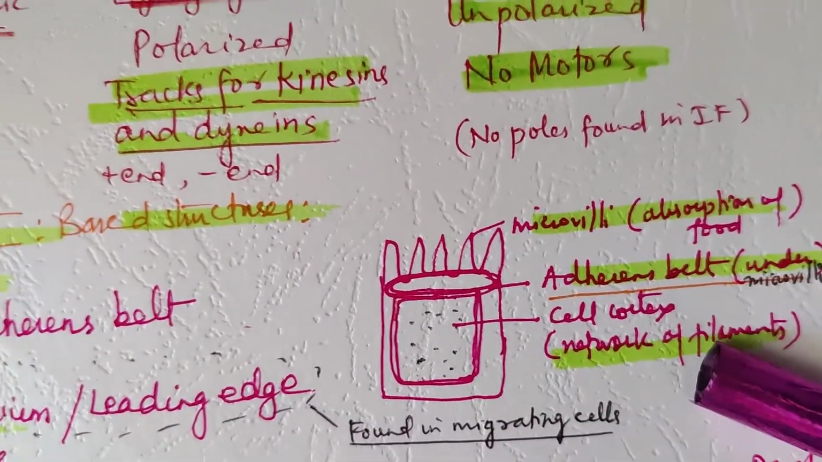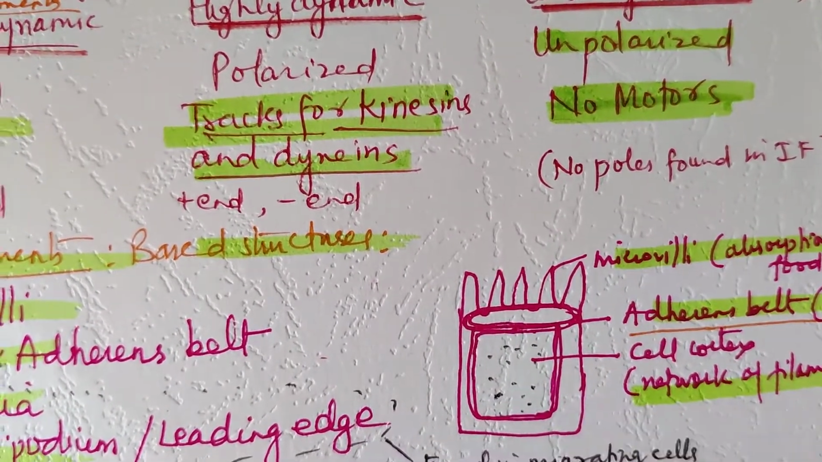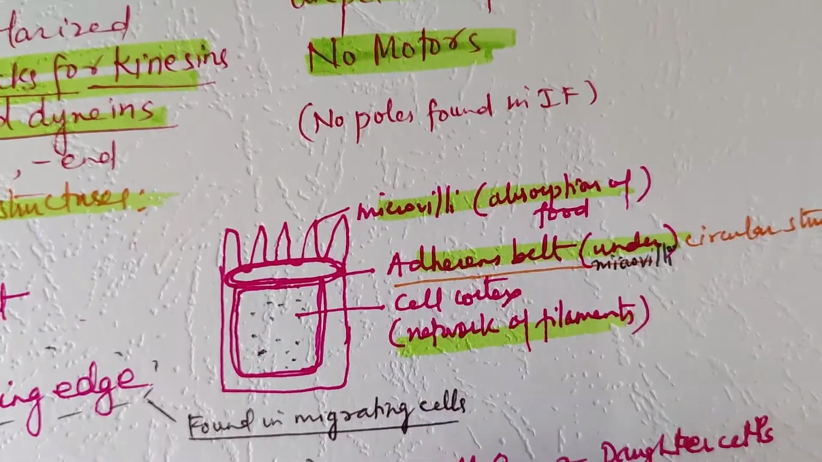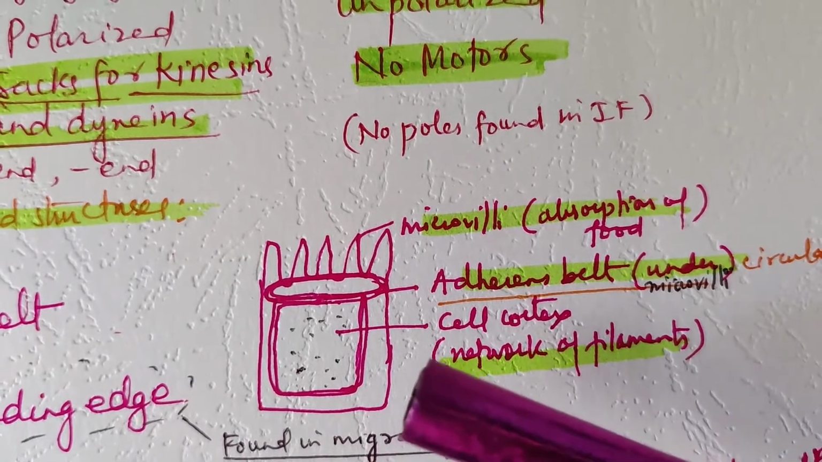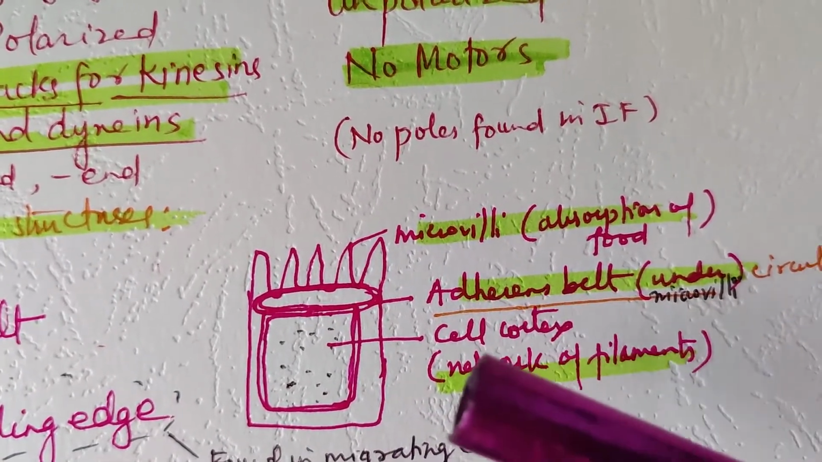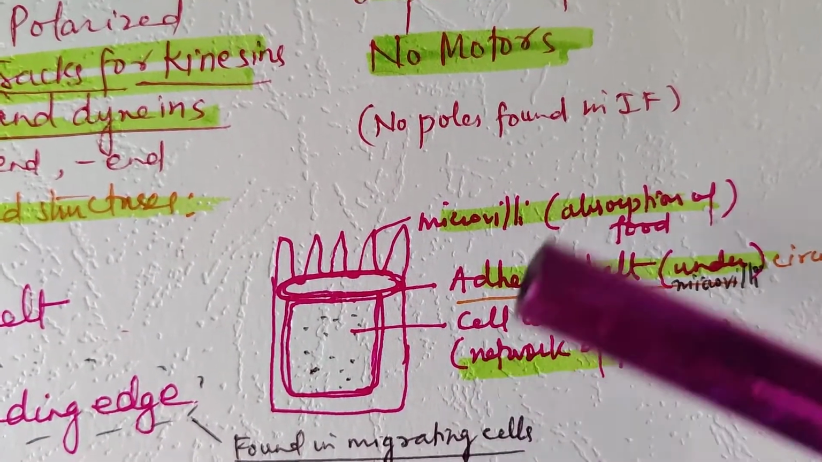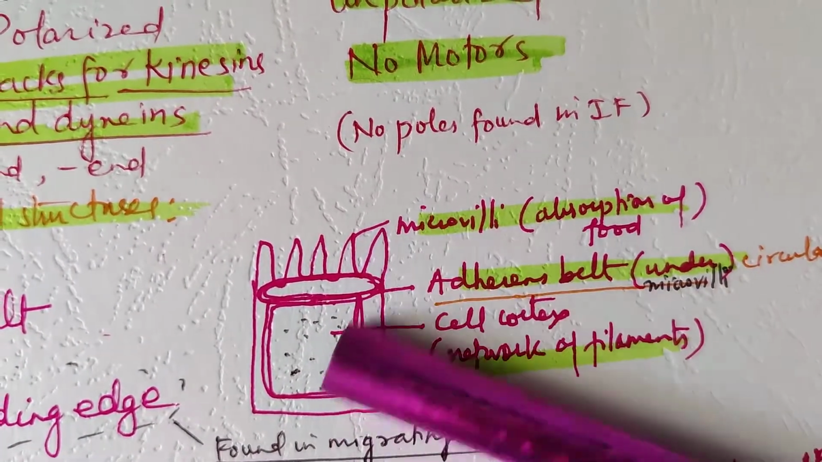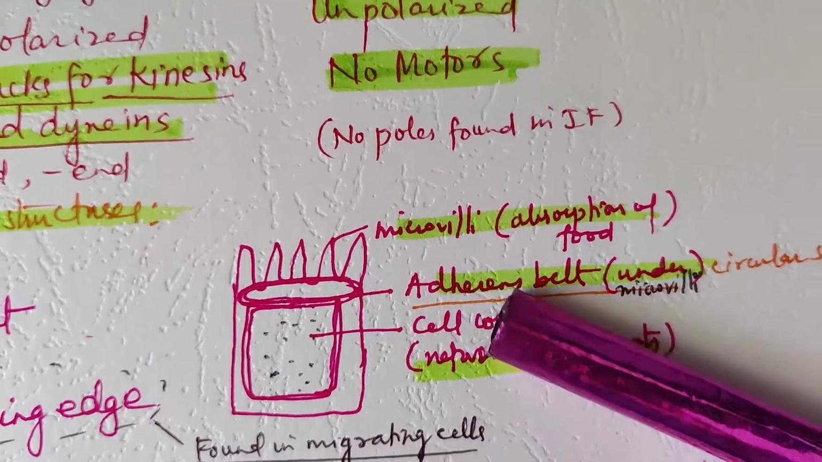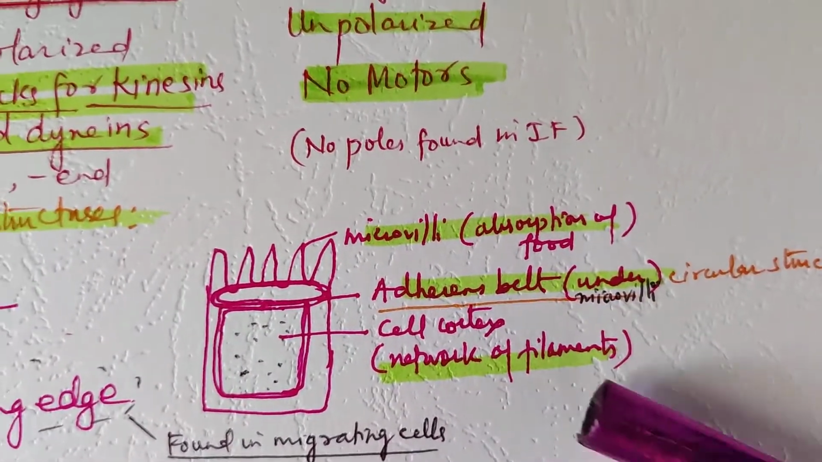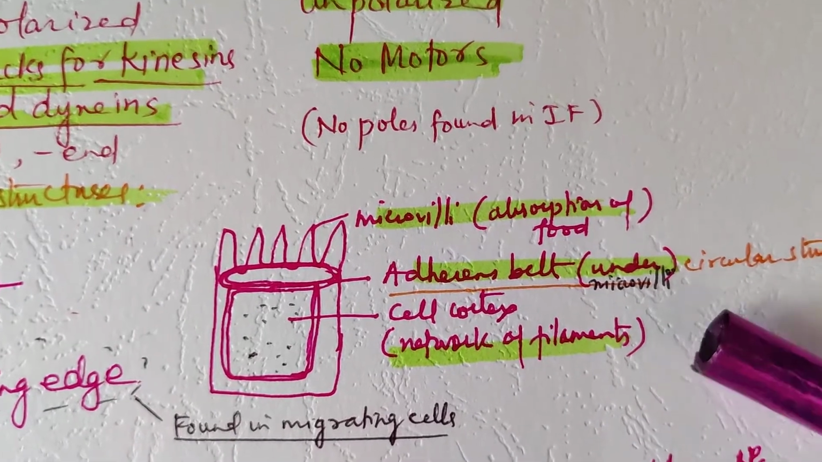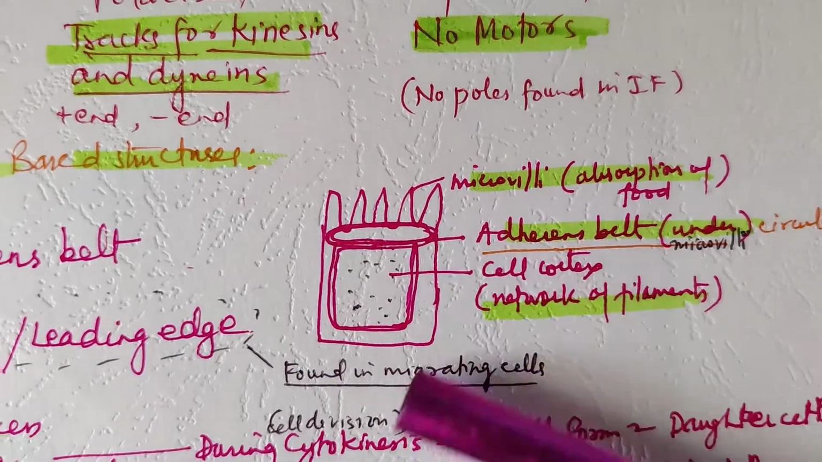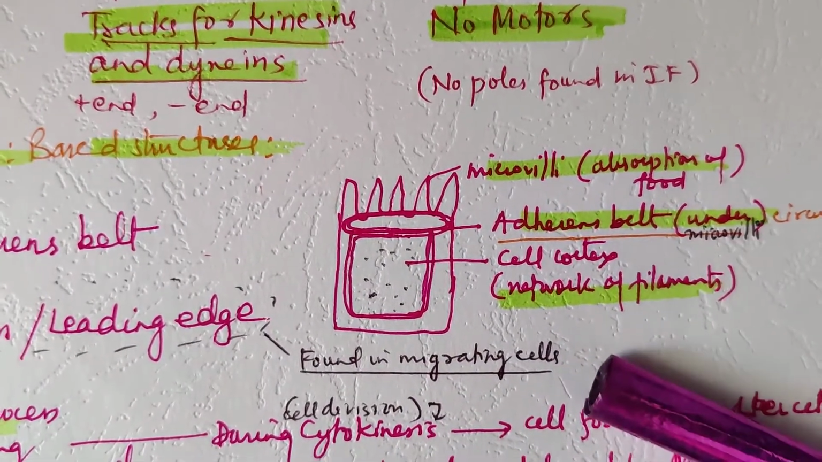This is the structure of microvilli and the cell. This is a cell, and to show the cell cortex, this is how it looks, and this is the microvilli. As we have learned in lower classes, the microvilli help during digestion. In the small intestine area it is present, and microvilli help in absorption of food. Under the microvilli there is the adherent belt. It is a circular structure, this one. And the square-like box is called the cell cortex, which is made up of a network